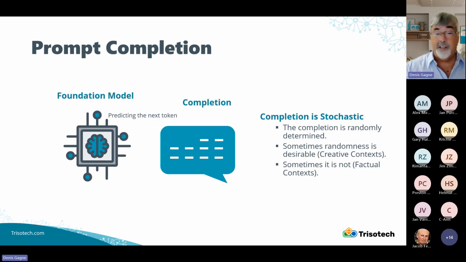The fact that it's random will generate new ideas, new ways, will complete things in a different way, and that's very enticing. And we've seen a lot of uptake more on the creative side of use cases. But sometimes this creative randomness is not really interesting, because we want a really factual context. And businesses are certainly more on the factual context side, well, depending on the kind of business, I guess, than the creative side.